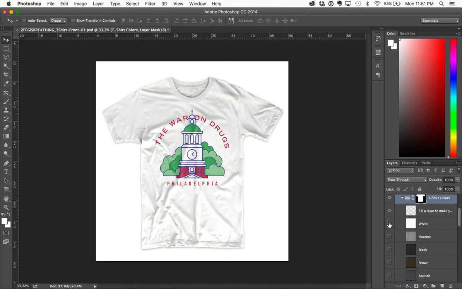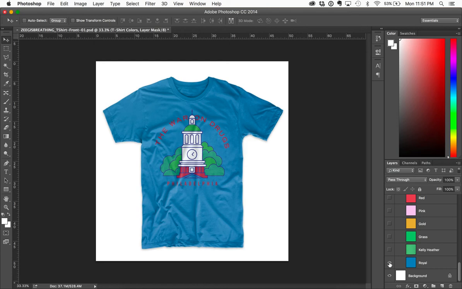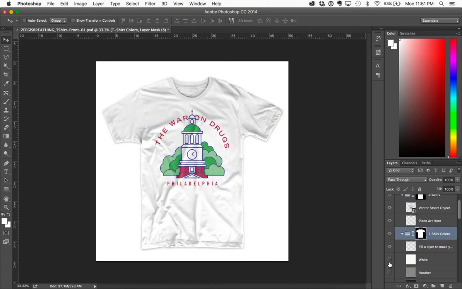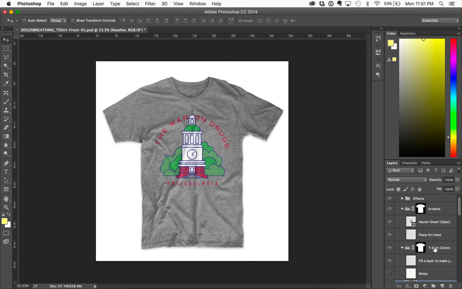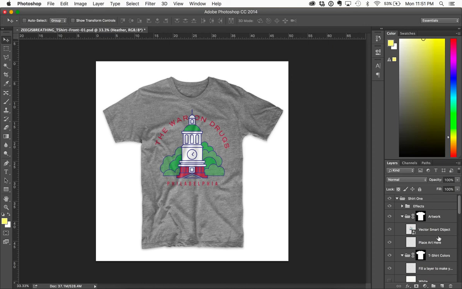So I'm going to turn off my white, and maybe I'll click blue. I can go ahead and click. I have a heather gray in here, which is super popular. You'll notice that depending on the color, the shadows and highlights may seem a little faint, and that's where we can take this template and manipulate it to our liking to just make it feel as real as possible. So I'm going to go up to the effects folder quickly